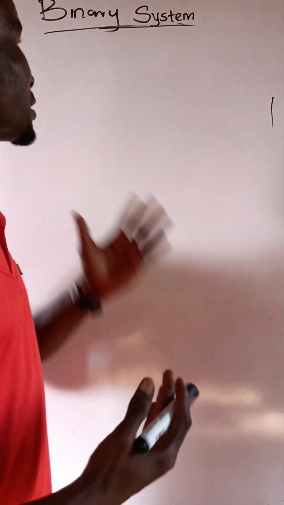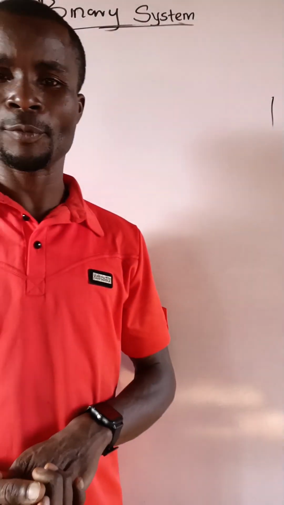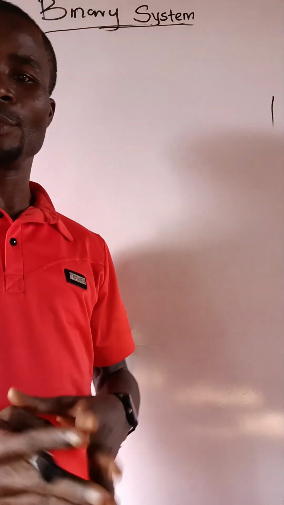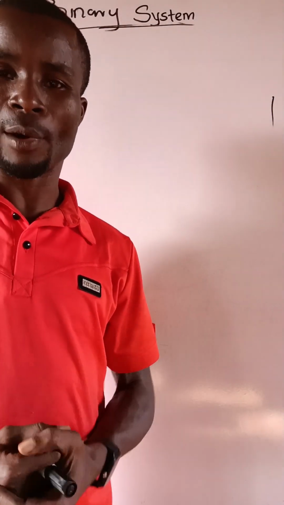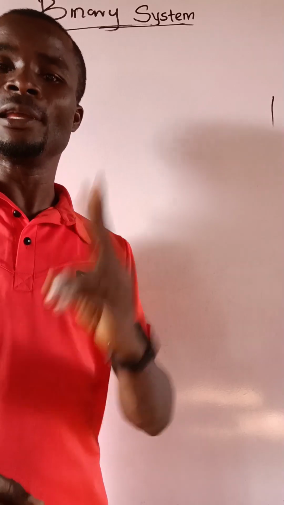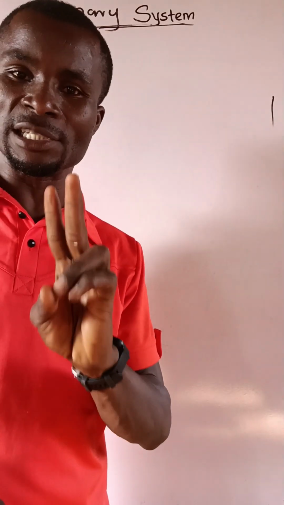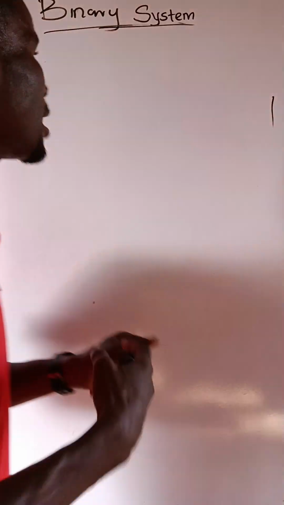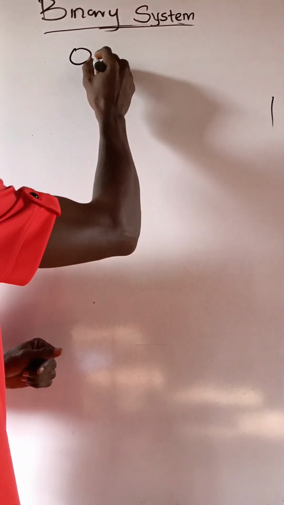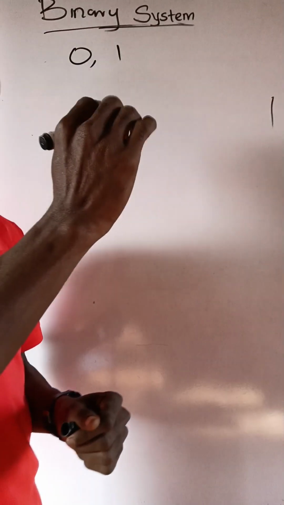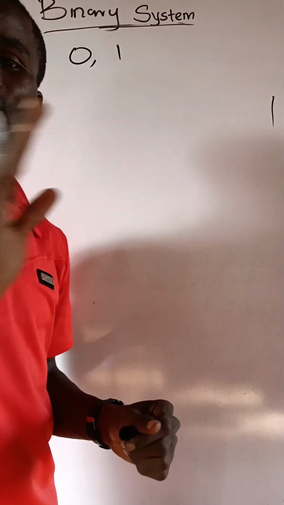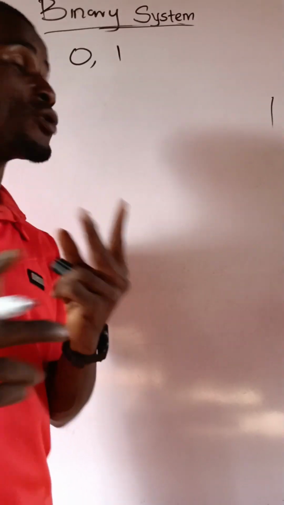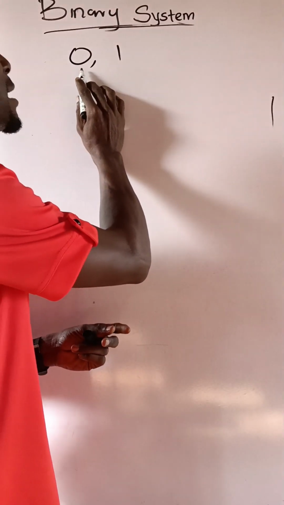Today we'll be looking at binary system. Firstly, what is binary system? Binary system is a way of representing number using only two-digit number. And what are these two-digit number? These two-digit number are 0 and 1. I repeat, binary system is a way of representing number using only two-digit number, and these two-digit number are 0